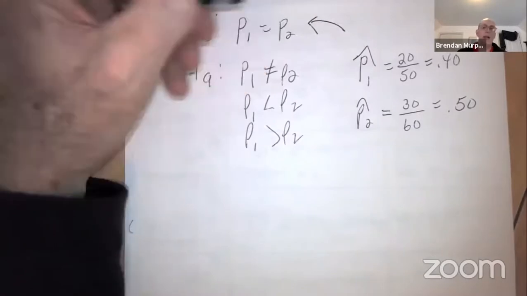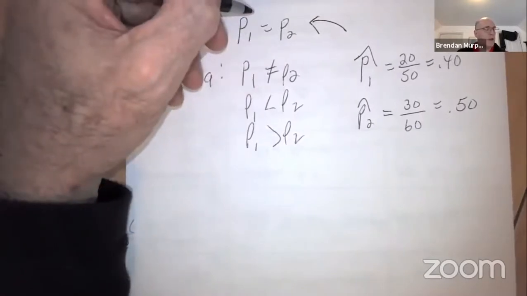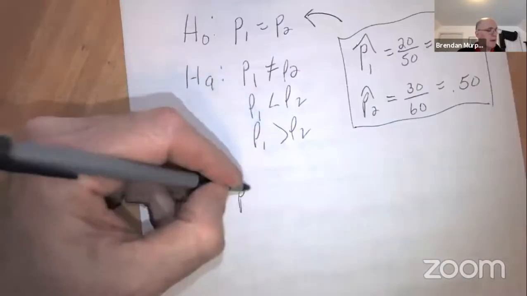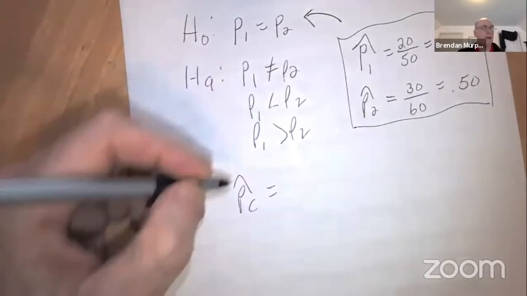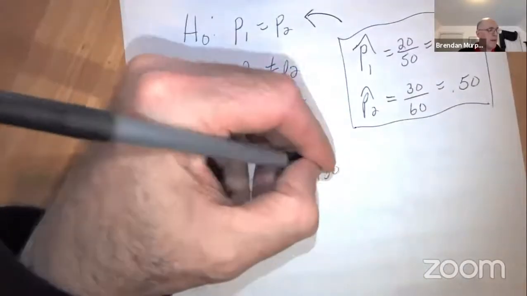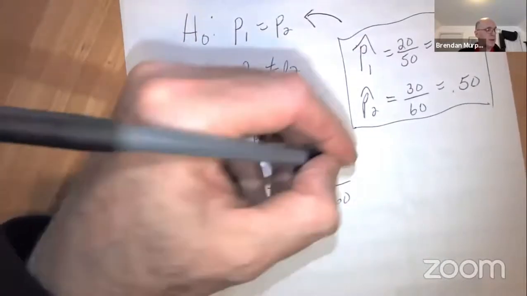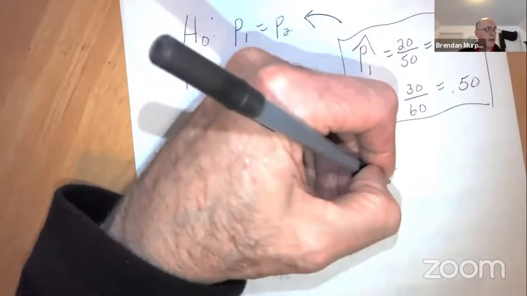And of course, whatever they are, I'm saying they're equal. So what we do is we take our two samples and we want to combine them. So my total successes would be the 20 over 30. My two sample size would be 50 over 60. So I get 50 over 110 or